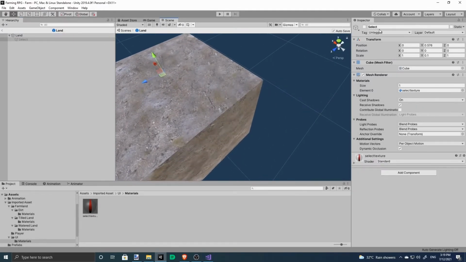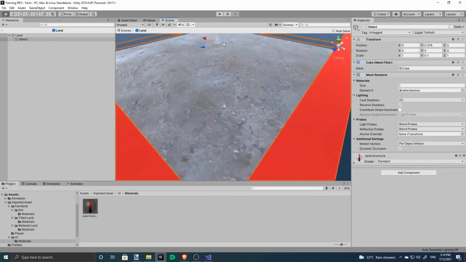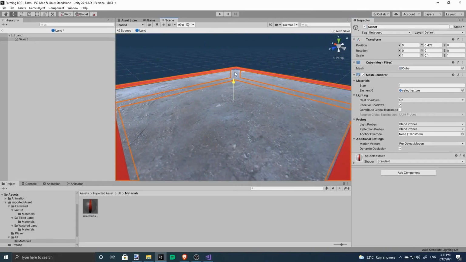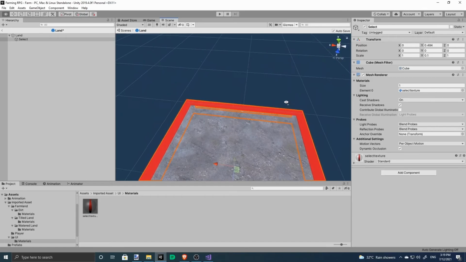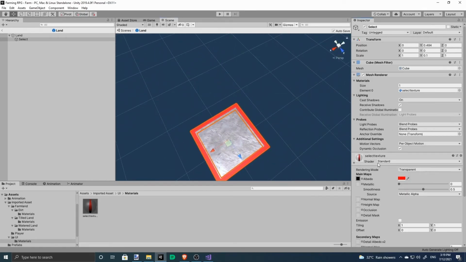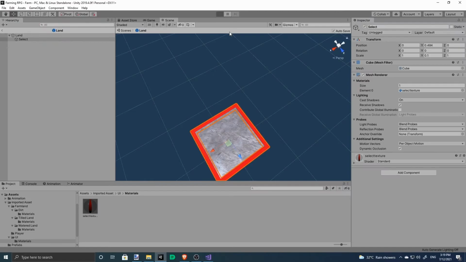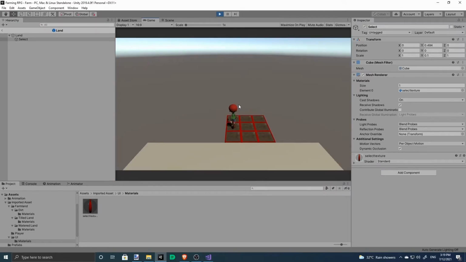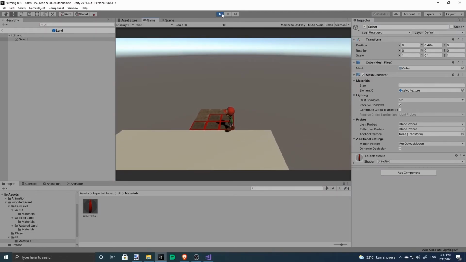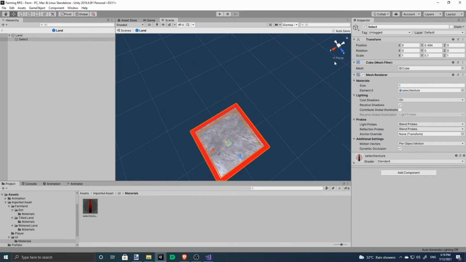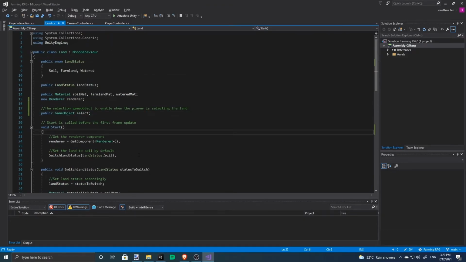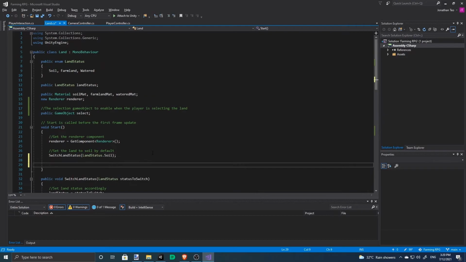Looks much better. Let's move this down a little bit. You can find better textures for this, but this is the quickest fix that I prefer. Well, if we don't want to keep deactivating the select game object, let's set the select to be off at the start.